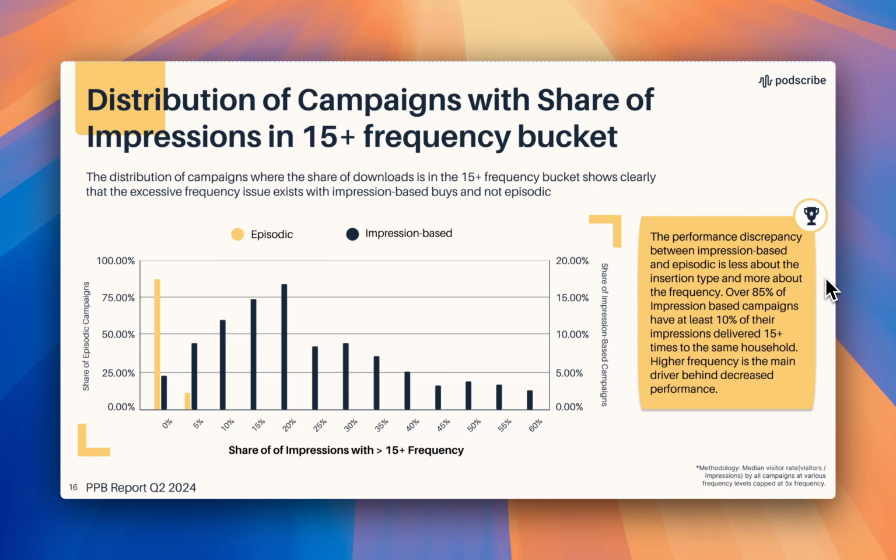Okay, cool. Let's go into read type. Again, we'll talk about just high level performance, visitor rate, purchase rate, but then similar to what we did before, let's go into specifically that read type by the actual campaign type and what that performance looks like. And while we don't have this one broken out by frequency necessarily, again, knowing that the impression-based buys on average have a 60% higher frequency, that trend still sort of continues. So we'll break these down a little bit more and go into specifically that read type and what that performance looks like. So let's dive in.